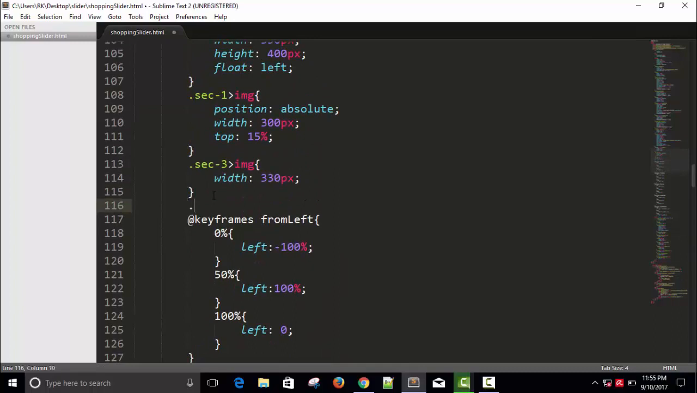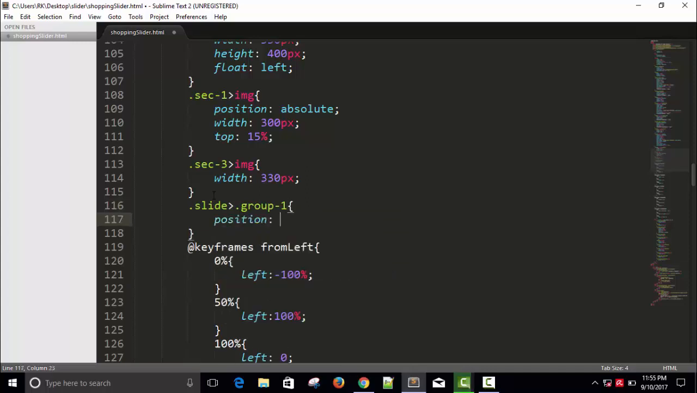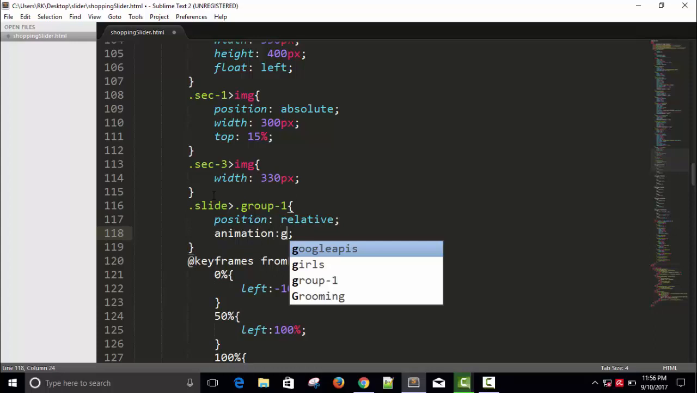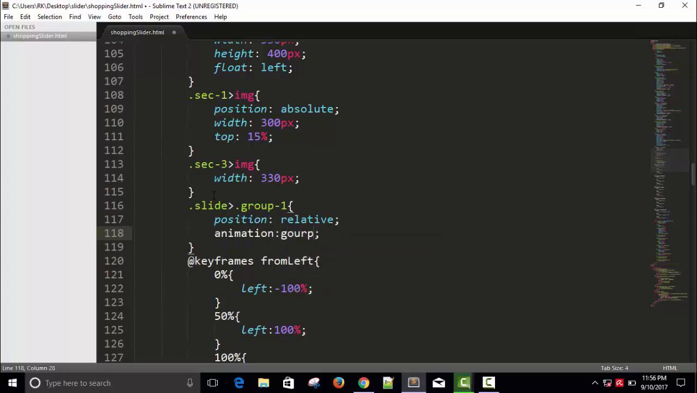So let's say it's a dot slide. Inside slide we have a child called group 1. Okay, apply position relative, and animation. So for animation we have to name it like group animation, group animation for 2 seconds, and effect will be ease. Save it, copy the name,